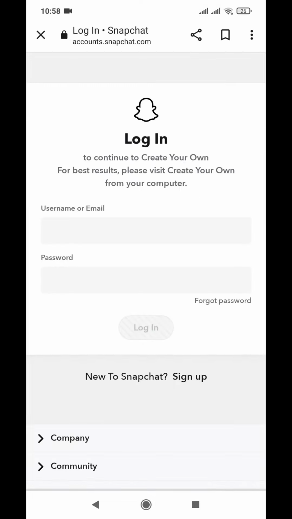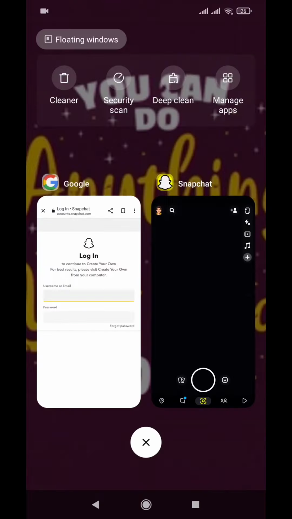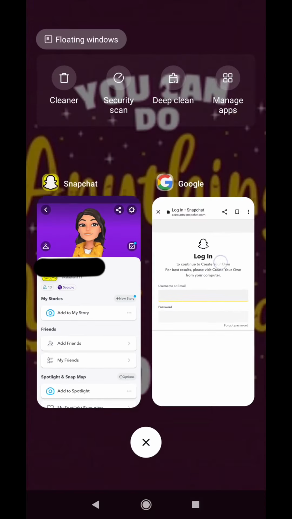Good. Okay, now you'll write your username, and I don't remember my username, so what I do is I go into my Snapchat account, and here you click on the top left corner. You have your avatar or something like that, and you will have your username in Snapchat displayed. So it's Ektasa111, and I'll simply remember it now. You type it here,